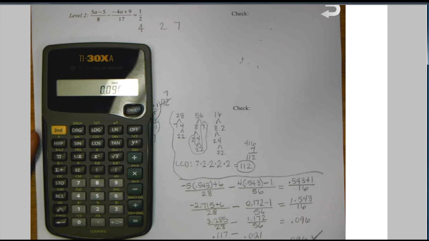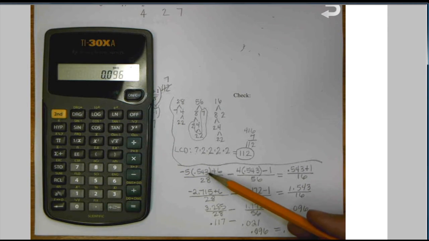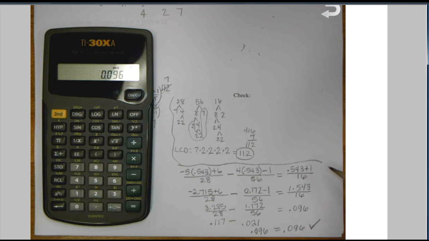And so this problem checks out, and that's a fairly simple way for you to check your answer. Convert your answer if it's a fraction into a decimal, put it in everywhere that you see the y in the original problem, and then work it out using your calculator. Use 3 decimals at least when you're checking. It'll help you come up with a more accurate answer. These should be within a decimal place. It could be 0.095 on